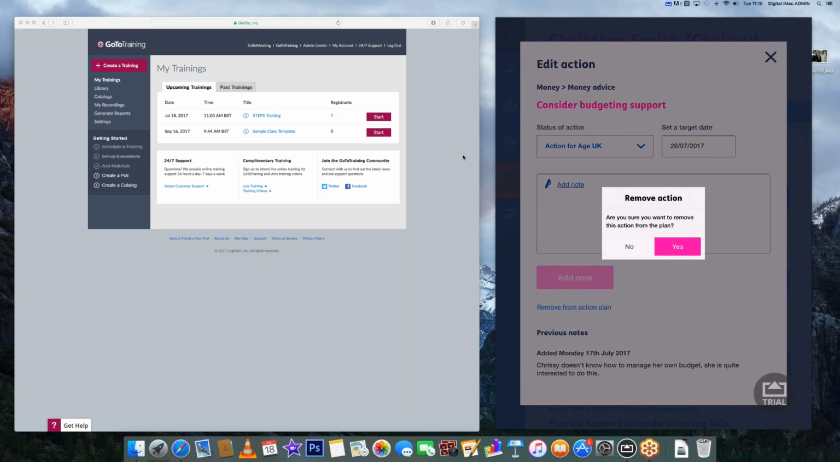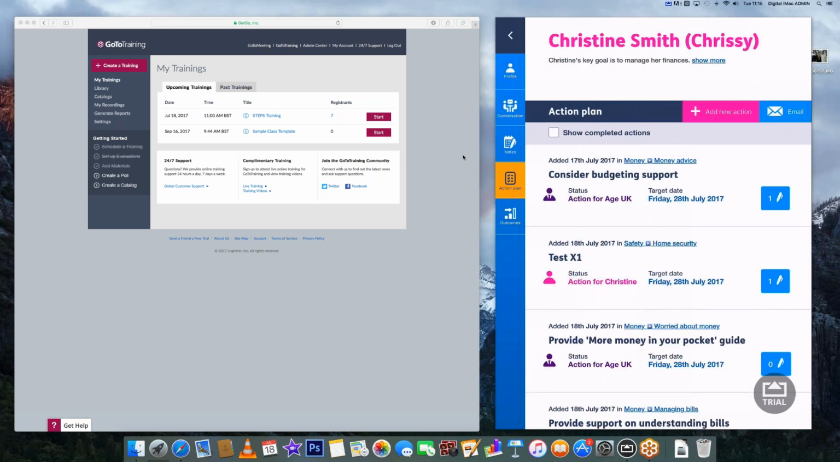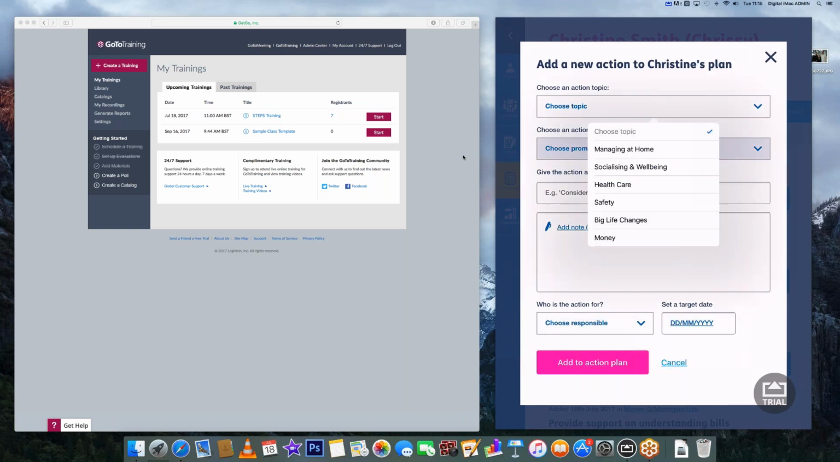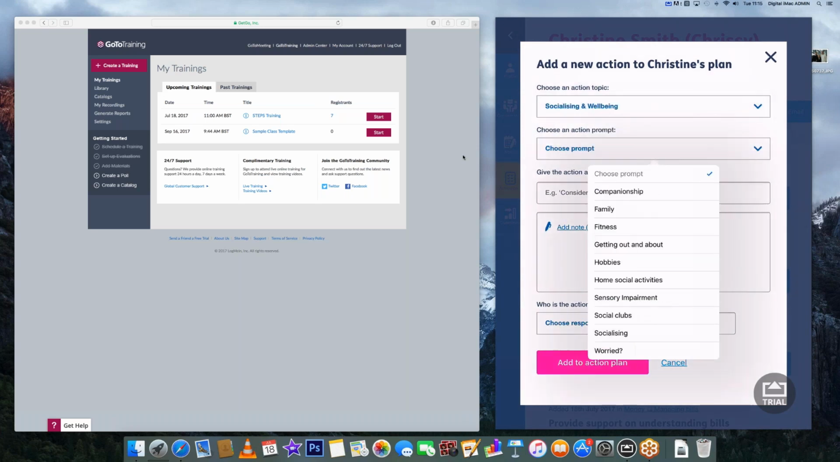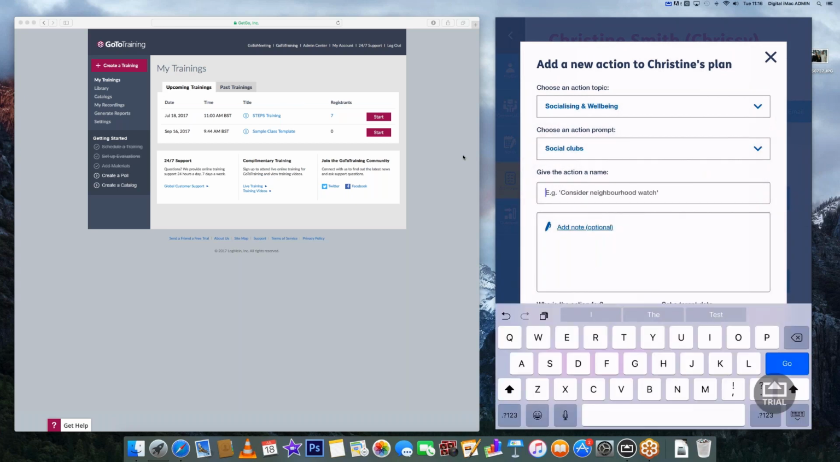So are you sure you want to remove this action? I'm going to say no for this example, and click out. There's also the ability to add a new custom action from this page as well. I showed you that briefly on the conversation section. And here it's just choosing the key action topic. So it might be socialising and well-being, clicking on a prompt, so potentially social clubs, and then giving the action a name. So